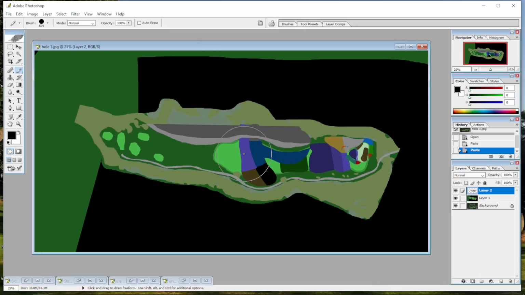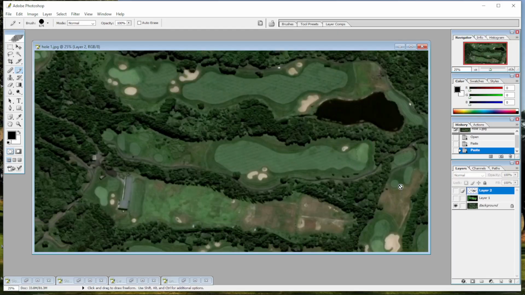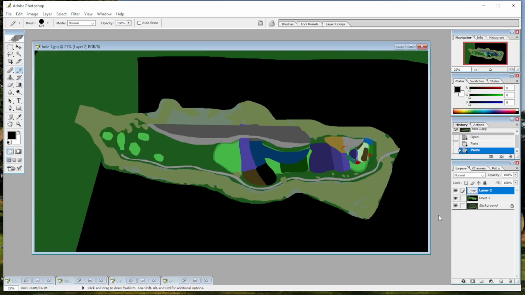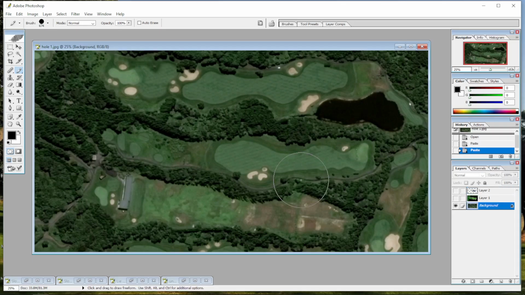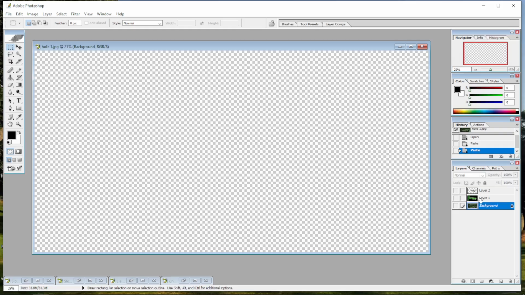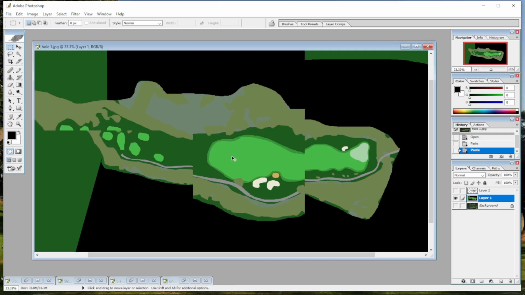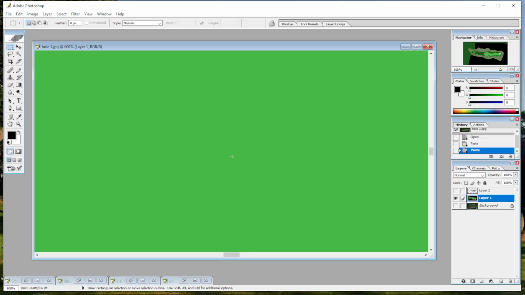So what do I have now? Now I have the original hole image, and it has three layers. It has the underlying hole image, it has the lie layer that sits on top, and then the sloping. Basically the way the game works is this part is just window dressing, right? The game doesn't know anything about this. What it actually uses to, quote unquote, read the course or read the hole is this image. As the ball travels across this image, it looks at each individual pixel and says, okay,